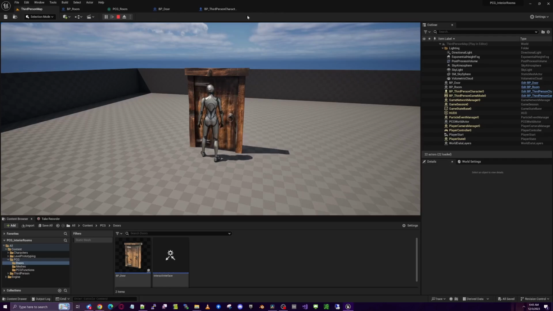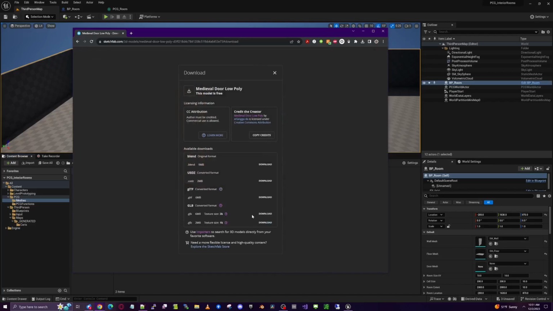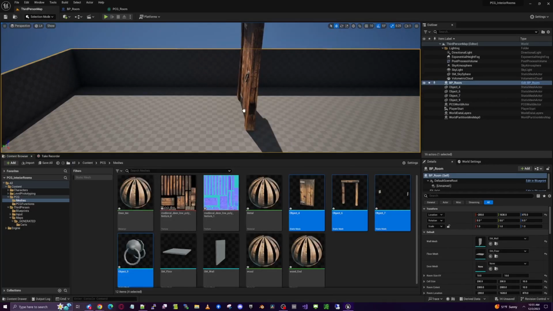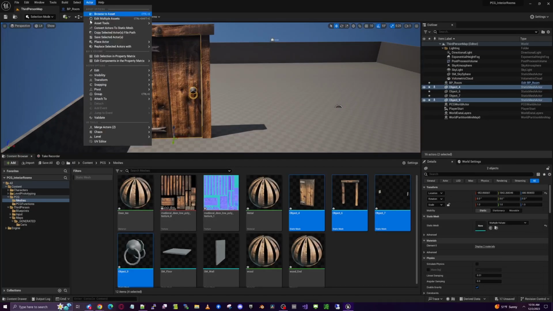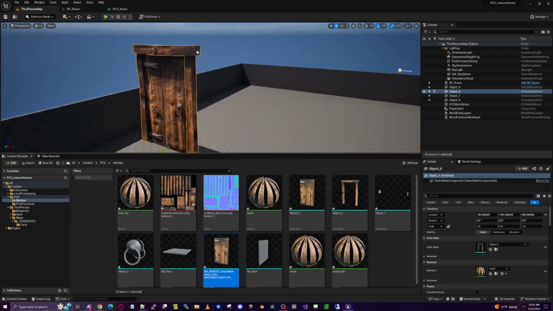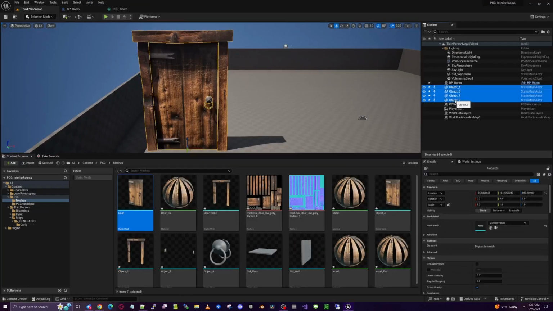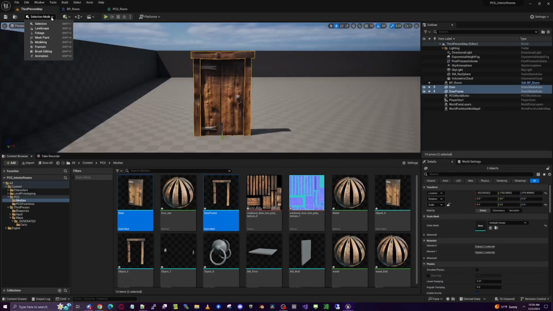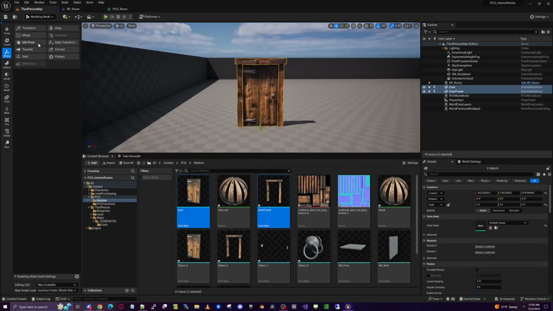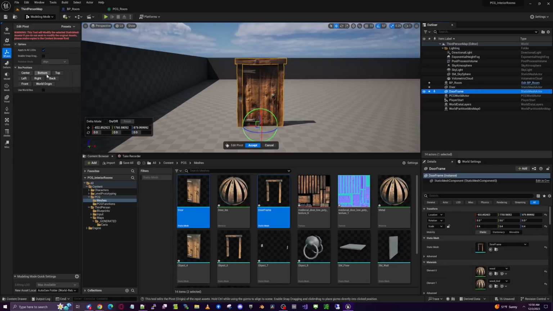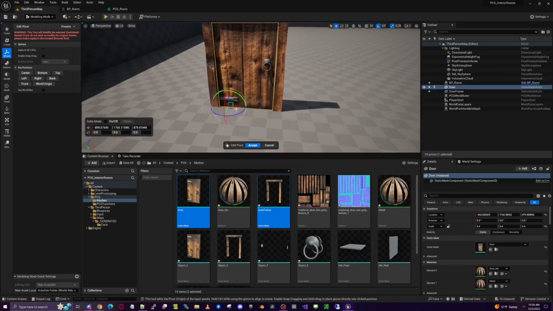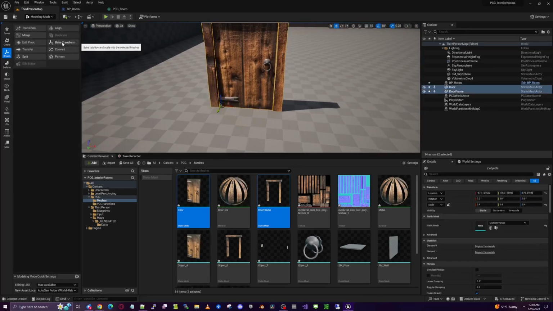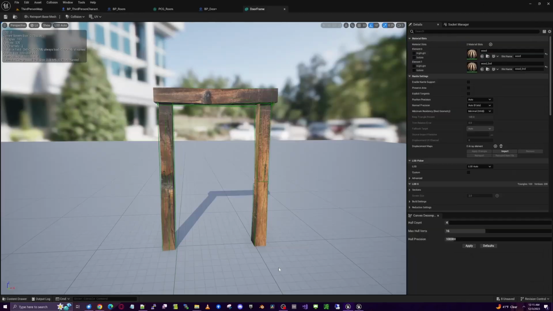It's easy to create. Download a door model, GLB format, drag the door parts into your scene, select the door parts, actor, merge actors, merge, save, repeat for the frame. Delete from the scene, bring the merged objects back in, resize to the correct scale, go into the modeling mode, go to transform, edit pivot, set the pivot of the door frame to bottom, the pivot of the door to bottom, adjust its location to the hinge location, accept, bake transform, open the door frame, under collision, remove collision, then